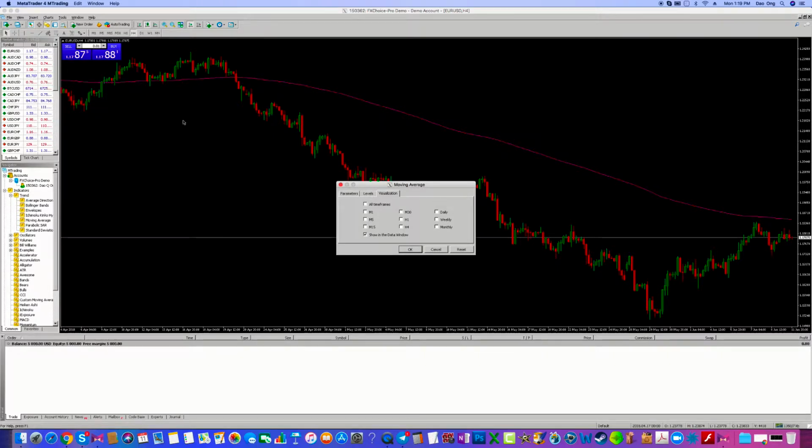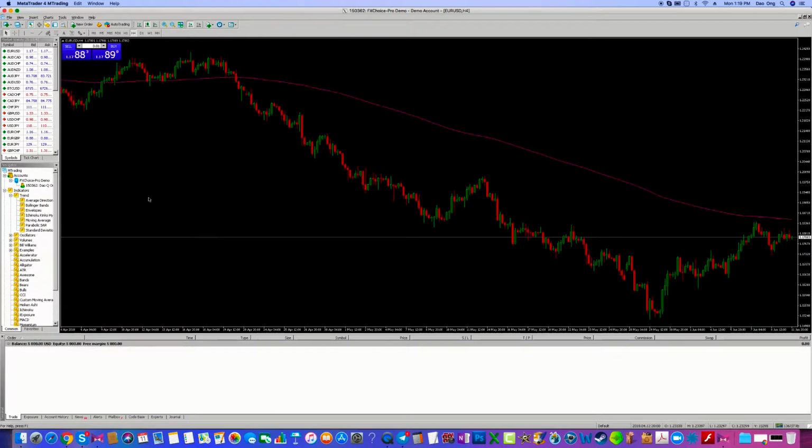Because I swing trade a lot, most of my markings are in the higher time frames. But this will allow you here if you want it to show up on all time frames. Sometimes I just want to see it on the bigger time frames, the H1, H4, daily. But yeah, if you want to see it on all, you can click on all time frames. Okay, press OK. And we're going to go ahead and add an RSI